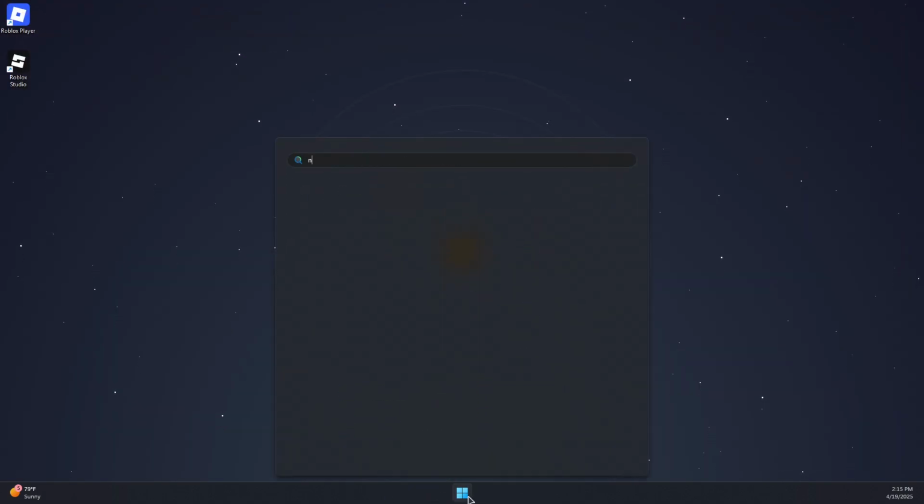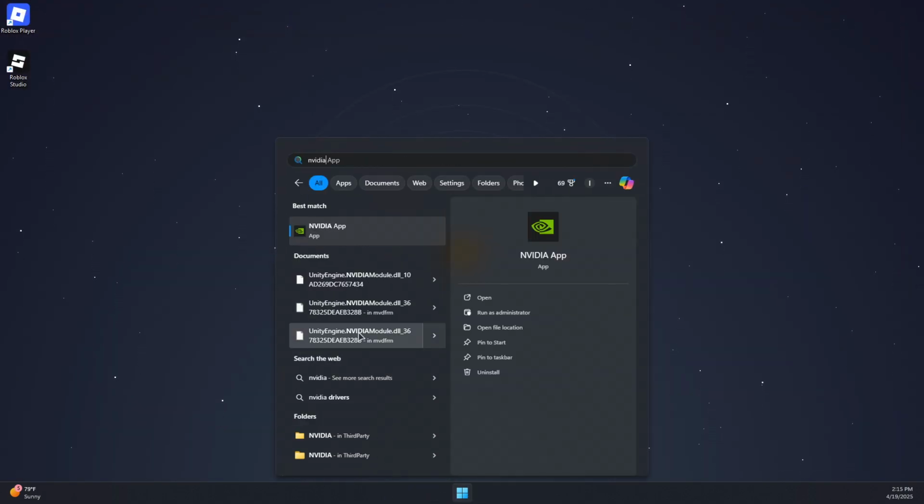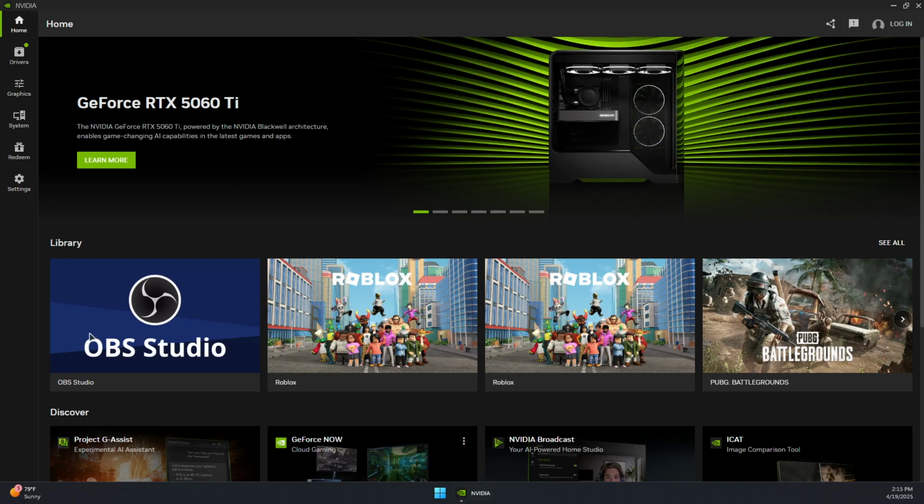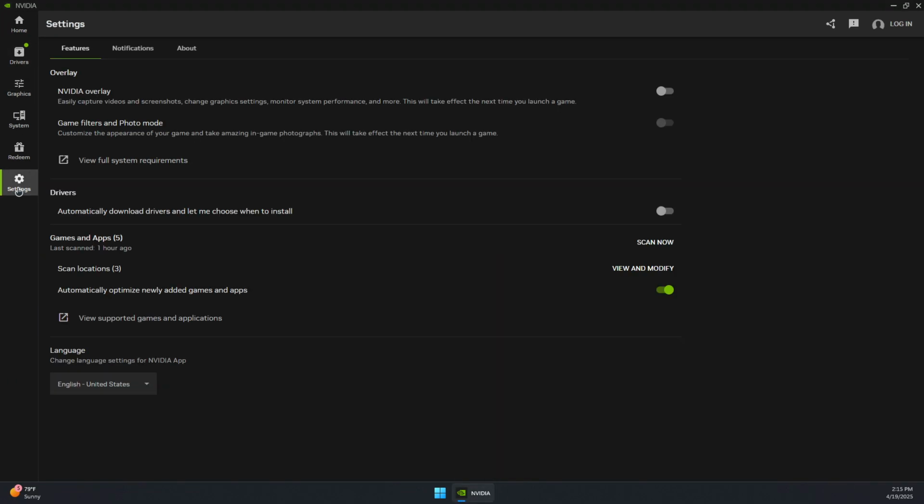Now you can simply open NVIDIA App, search for it, and then click it to open the NVIDIA App. And then we will need to go to settings, and then you will see games and apps, and you will simply need to press on scan now and then wait for it to scan for apps and games on your PC. Now once the scan is completed, it should detect your games in here, and if it's not detecting specific